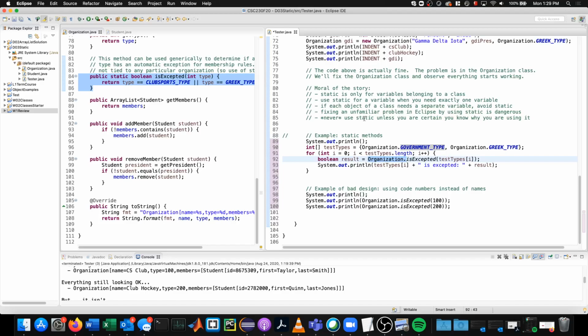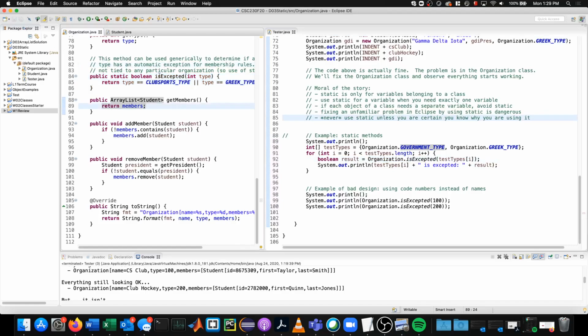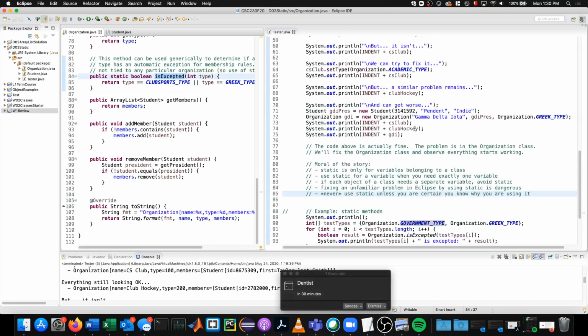But as we dive in, so Organization.isAccepted. So I'm in my tester class. That means I'm not in the organization class. If I were in the organization class, I could just type isAccepted, right? But now that we're outside the class, normally we'd have to create an object and use object.isAccepted, right? If we look up,